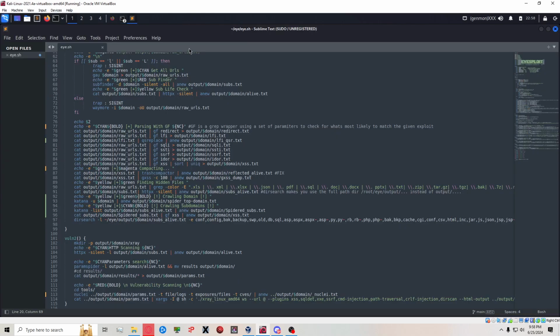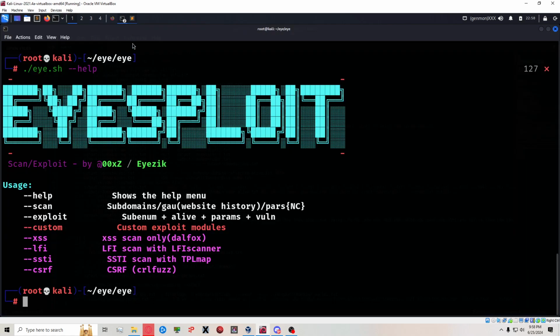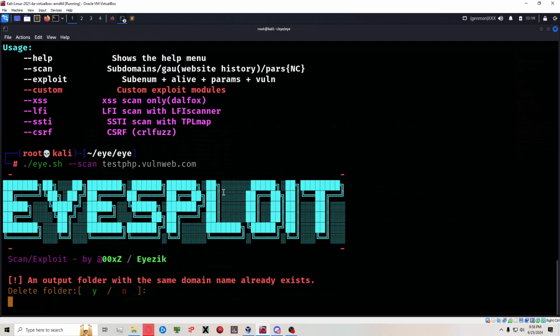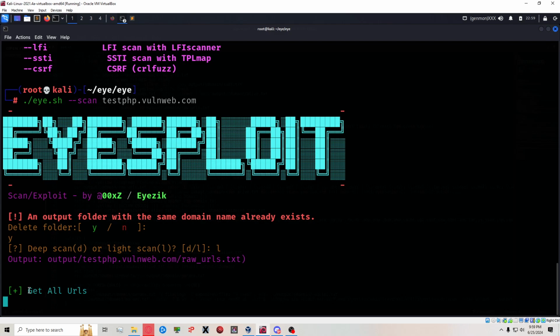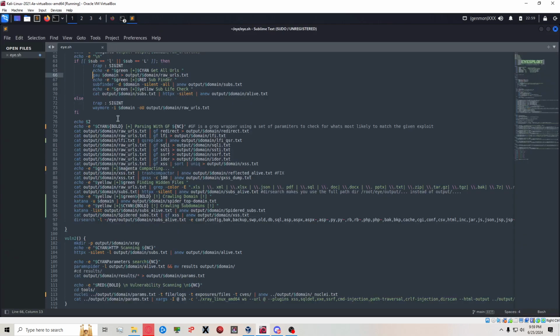Now as for how it works, this is a little bit of the code of it. So you have an option. I'm about to just show y'all. So say we want to run a scan. Actually, I am going to run it. It's going to ask for deep scan, and that's going to be running waymore, and light scan, that's going to be running GAU. Now we do a light scan, it's going to run GAU, and while that runs, it's going to run